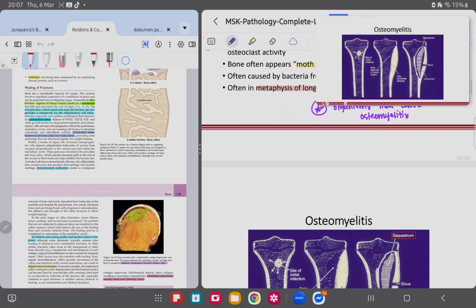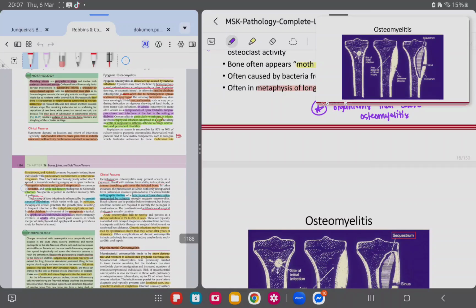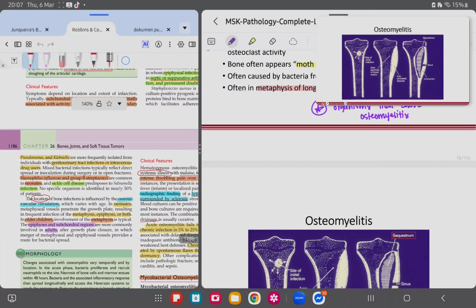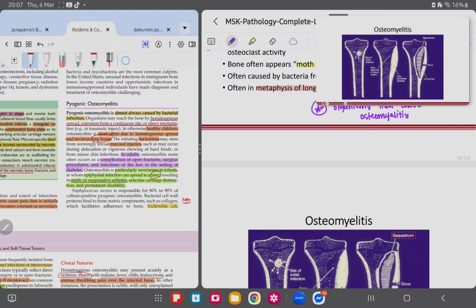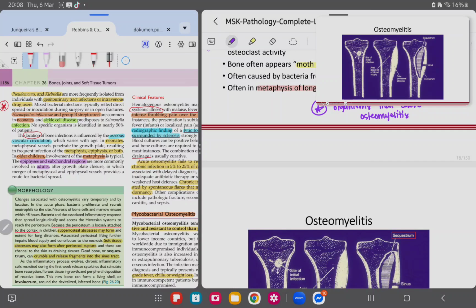So you have to be familiar which is most common in which setting. Is it due to a traumatic injury? Is it because the patient is a neonate or is it because the patient is an adolescent? I have repeatedly emphasized that in the study of bone and soft tissue pathology, what's important is for you to identify or to correlate with the imaging findings as well as some clinical features. And when I say clinical features, I cannot emphasize this enough. Be always familiar with the age of your patient.